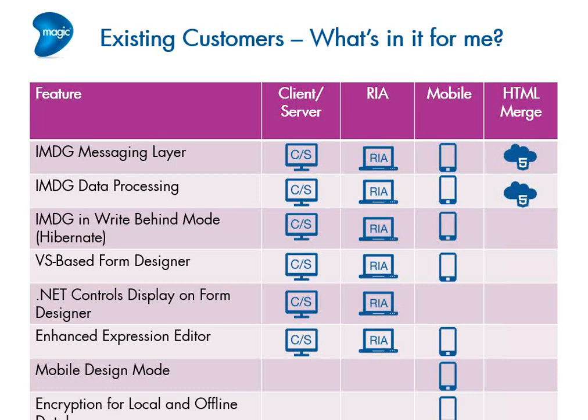And we use the same product for data processing. You can store data on the cloud, in an in-memory space, using the RAM capabilities for fast performance. And you can also use it in a write-behind mode, what is called Hibernate. So you write data to the space, and later on this data is synchronized into your MySQL or Oracle database. This will allow you to improve the performance of your applications.